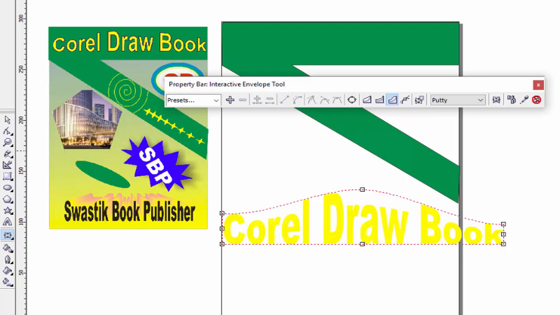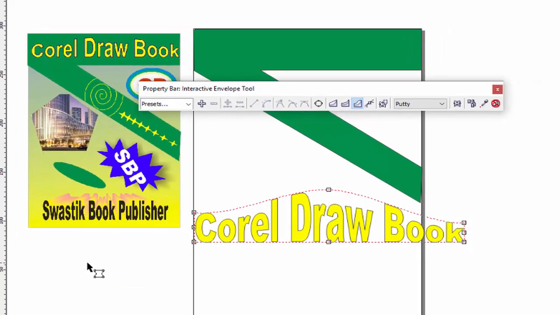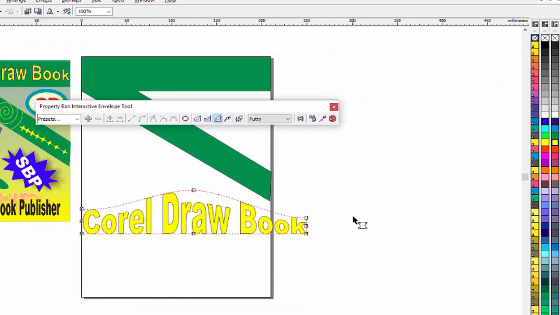To change the color of this text, right-click here to change the color. To give an outline to this text, use the outline tool. You can give a half point outline, 1 point outline, or 2 point outline. It's like thin. If you want to change the color of the outline, use this color option and click the right button to change the color.